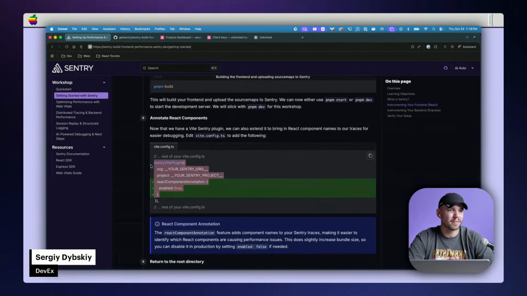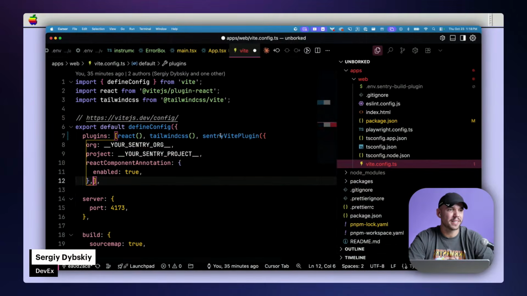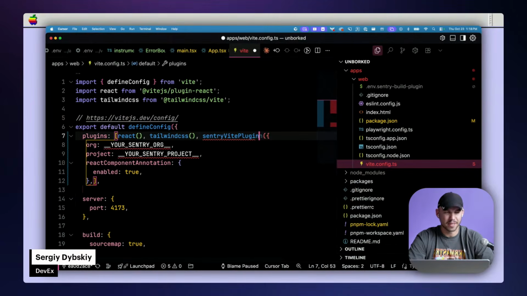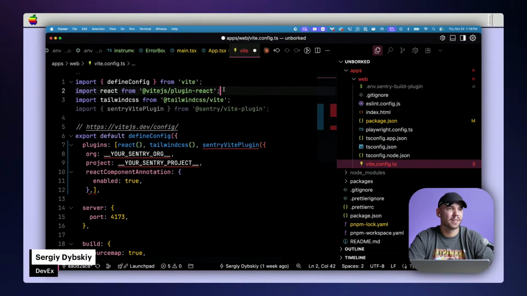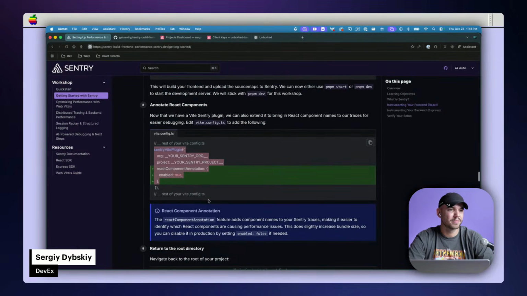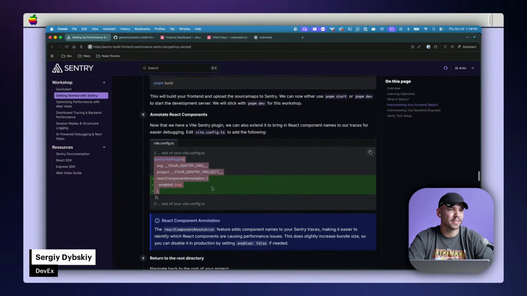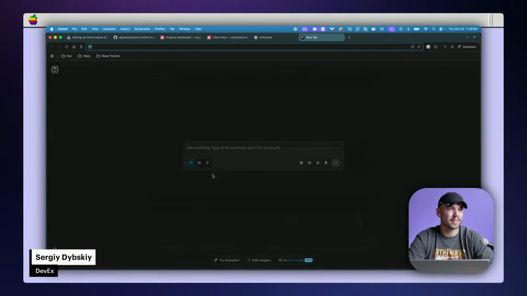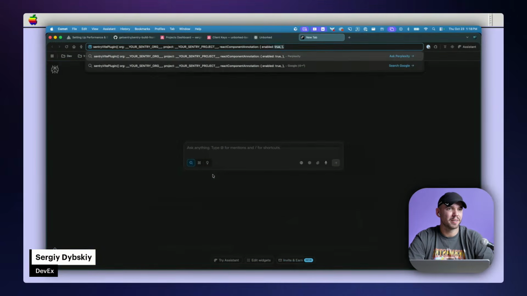That will have the Sentry Vite plugin that we're going to bring in from, this would have been a lot easier if it worked, but let's go Sentry Vite plugin,